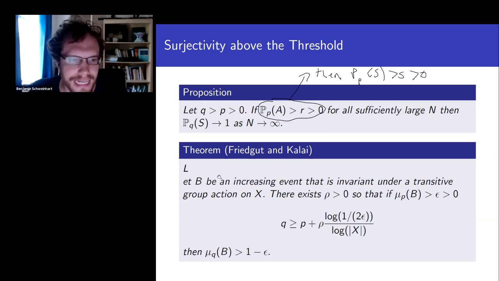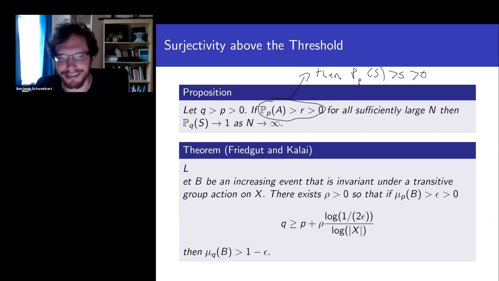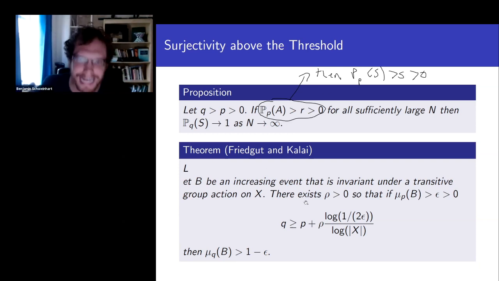Friedgut-Kalai, a very powerful, very strong theorem saying the existence of phase transitions in general. It says let B be an increasing event that is invariant under a transitive group action on X. So here our increasing event is that we have a basis of giant cycles. This is increasing because if we add in more plaquettes, we only have plaquettes in dimension I, so we can't kill I cycles. So there's our increasing event. It is invariant under a group action on X, having a basis of giant cycles. If we rotate our torus, it's not going to change that we have a basis of giant cycles. The Friedgut-Kalai theorem tells us that if